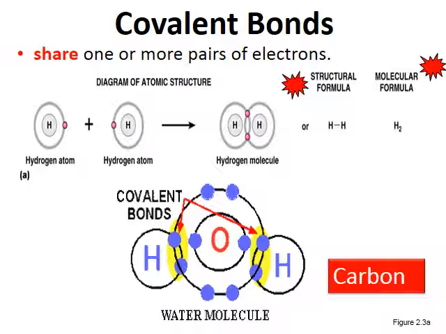they will start interacting with one another until their outermost energy level is full. And if we look at the energy levels, since they only have a single energy level, that first energy level can hold a maximum of 2 electrons. So with these hydrogen atoms, all they need is 1 more electron to satisfy the octet rule. Remember, that first energy level is an exception to the rule. It can only fit 2 electrons. So each one of these is looking for another electron.